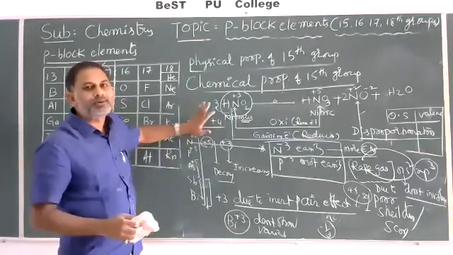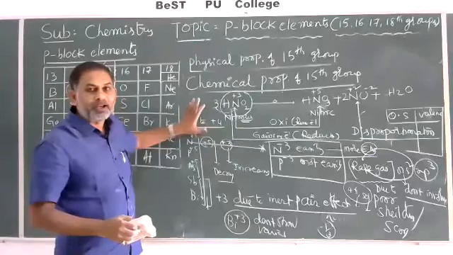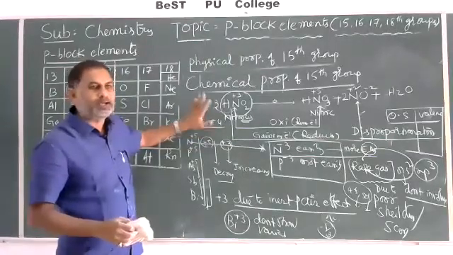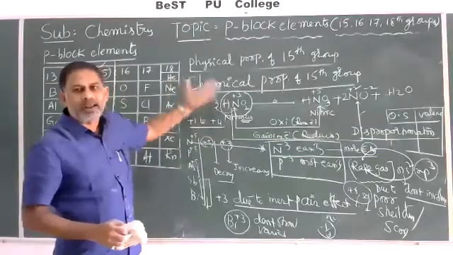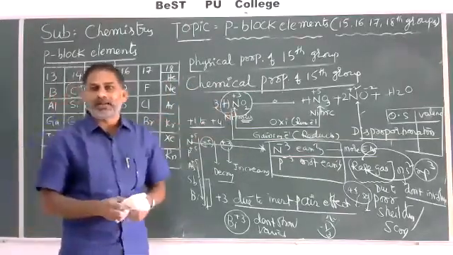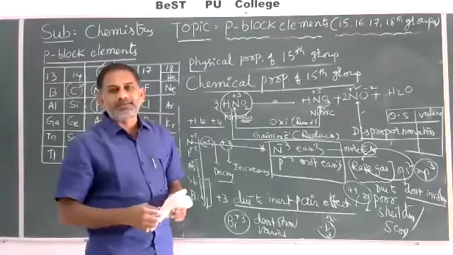Tomorrow I will continue about formation of p pi-p pi bonds and d pi-p pi bonds in chemical properties. Then the reactivities of 15th group elements, like reactivity towards hydrogen, oxygen and halogens.